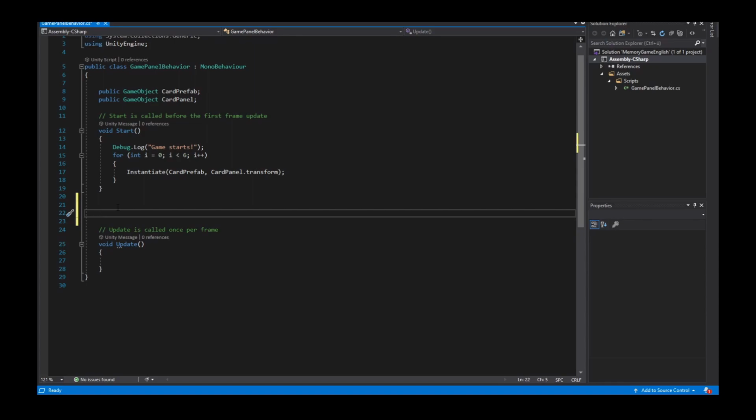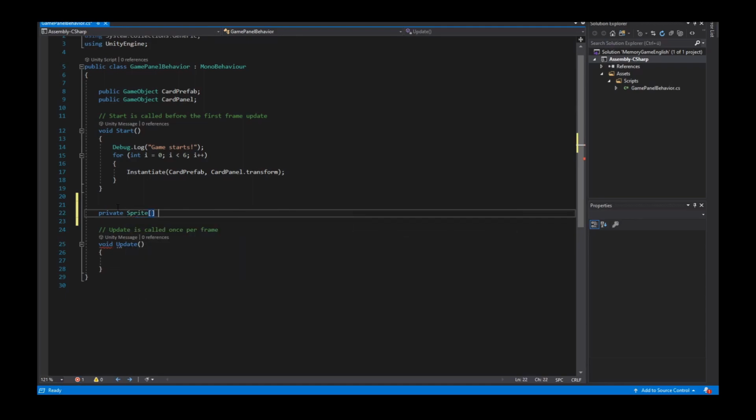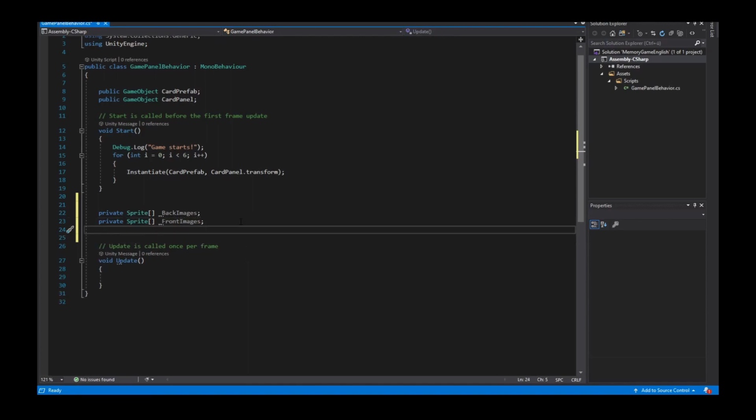So private, I create two properties of type sprite array, _backImages, then I create a second sprite array, _frontImages, and in my private void